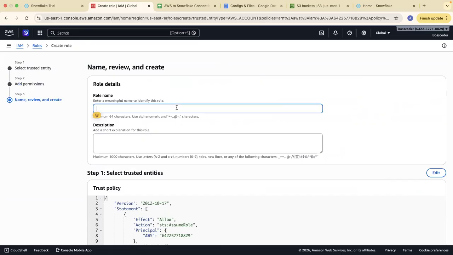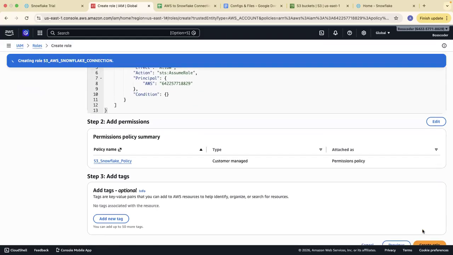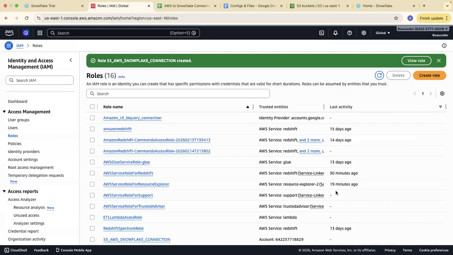And I will give the role name as S3 AWS Snowflake connection. And I will be simply clicking on create role. Okay. So now I am 90% done from the AWS side of it.